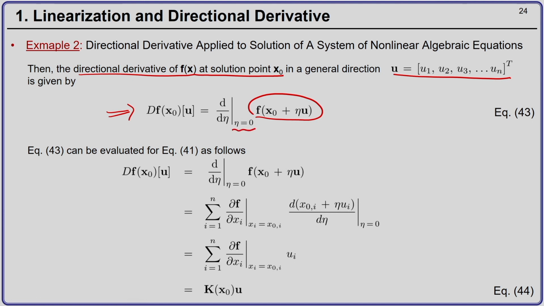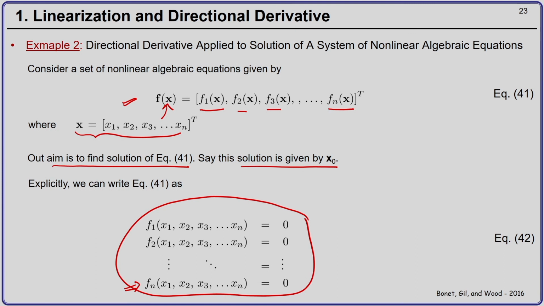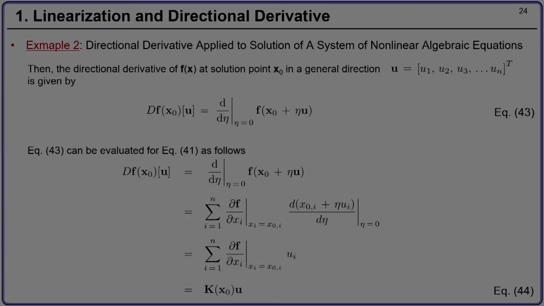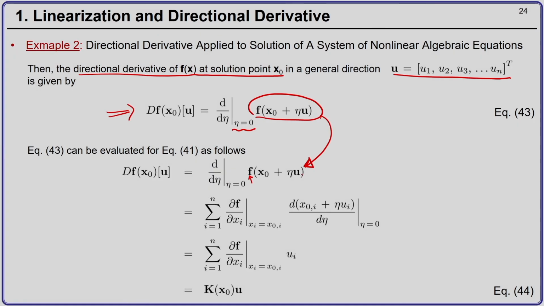Now, can we simplify equation 43 for our given set of nonlinear algebraic equations? Let us see how you can do that. First we can write the expression for directional derivative, and this f over here is nothing but what is given by equation number 42 in the previous slides. So, you have these n equations. Using chain rule you can write